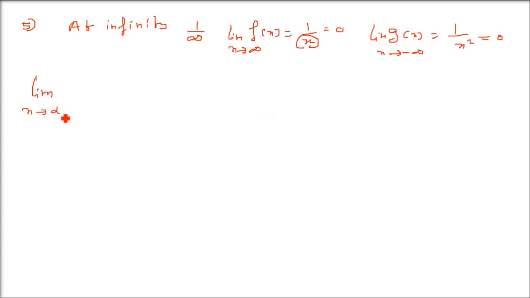So let me just tell you a few more. If limit x tends to infinity of c, so you are putting some limit, but it is a constant, 4 is a constant. So what do you get? You will always get 4. I hope you got the idea. If you have plus infinity or minus infinity, it doesn't matter. It will always be 4 because there is no x involved.